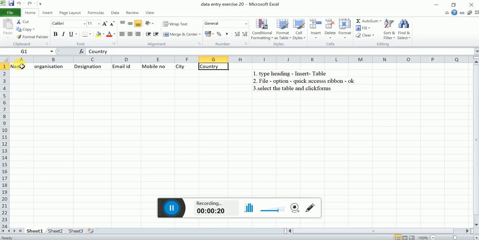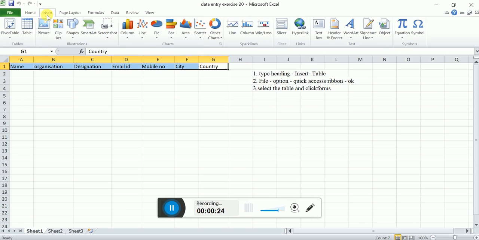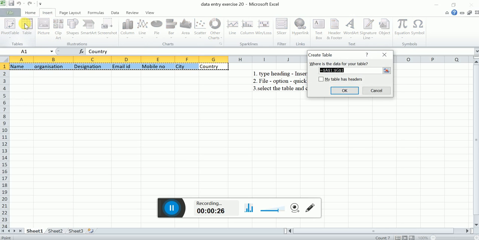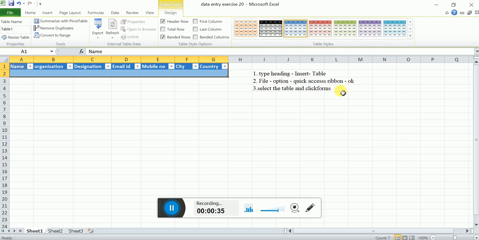Now you can select all the variables and go to the Insert ribbon and create a table. By default it will ask whether the first row will be a header. Just click it and OK. So the filters will be enabled, and now we can go for the File option,